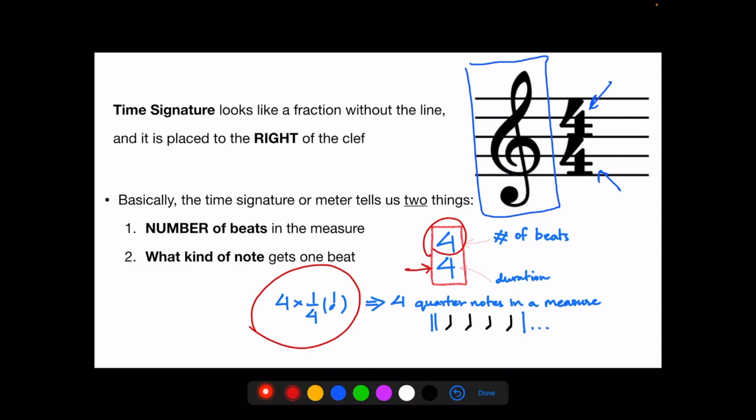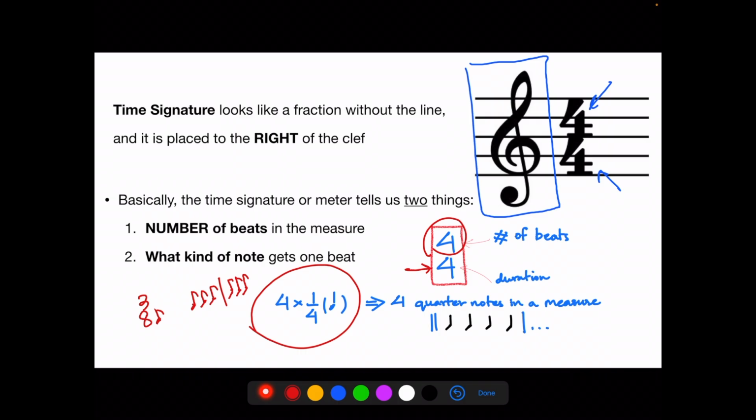If you have a quarter, that's basically 25%, which is 1/4. So I like to think that this means there are 4 quarter notes in a measure. So let's say we have 3/8. It's going to be the same thing. That means we have eighth notes, but then we have 3 of those in a measure. So you're going to see 1, 2, 3 in a bar line, another 1, 2, 3 and a bar line,